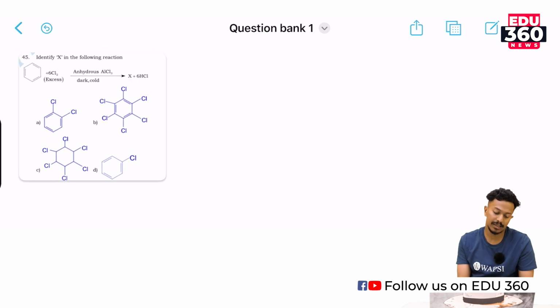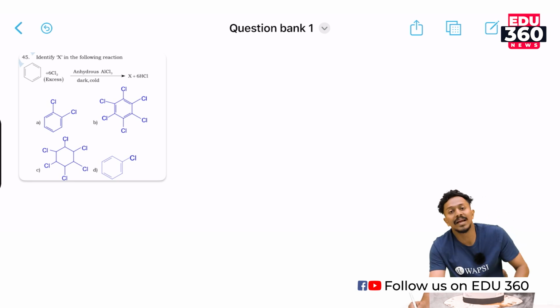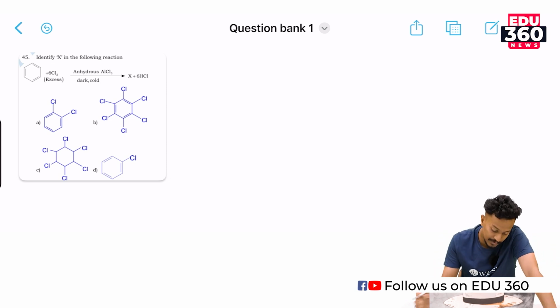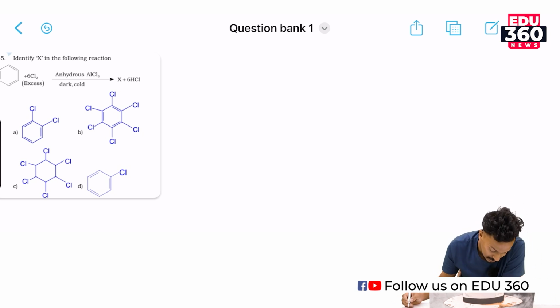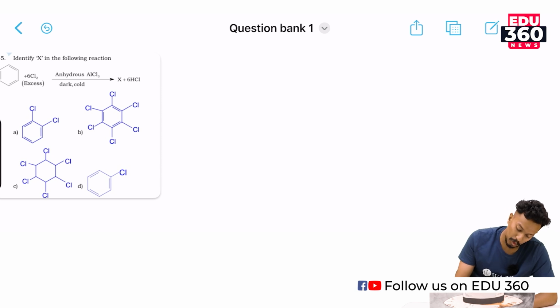Yes. This is an easy inorganic based reaction. Identify the X in the following reaction. When a benzene molecule is treated with chlorine, a highly chlorinated molecule, we get what? In presence of anhydrous aluminum chloride in dark, cold condition, which is in the absence of light. Okay, we will have this one. So here we have to decide what is the reaction. Excess of chlorination. Okay, when a benzene is treated with chlorine, we get